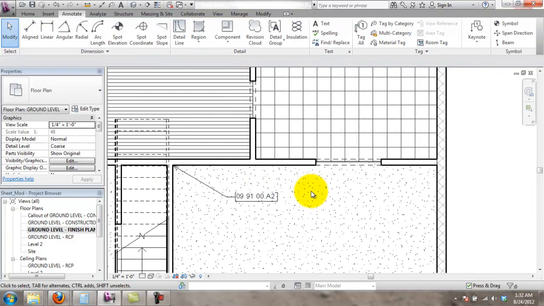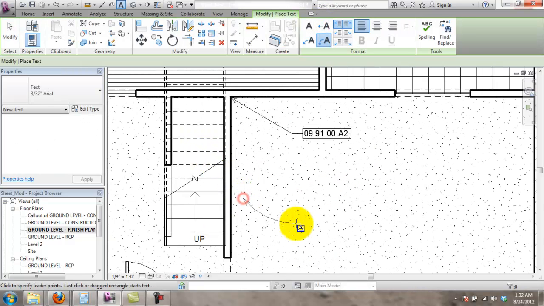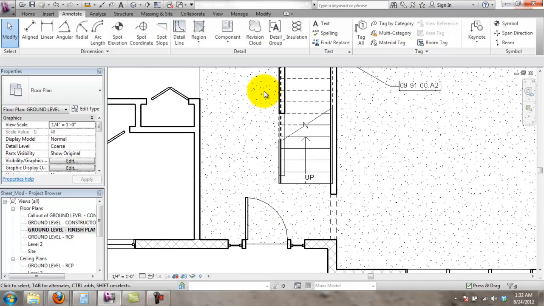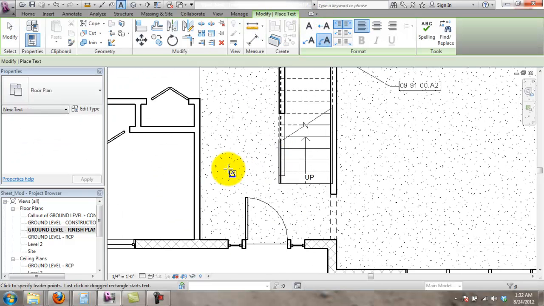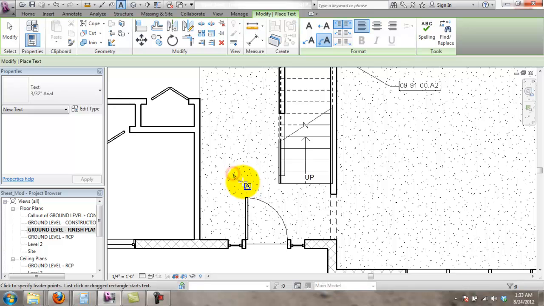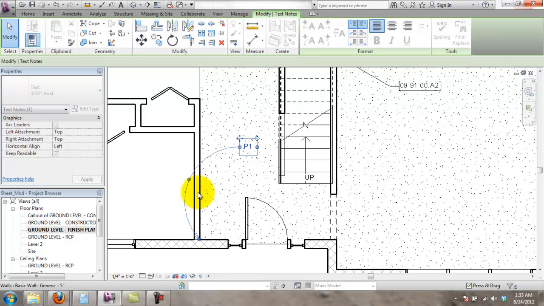The other option that you have, if you haven't been keeping up on keynotes, is to use it by leader. So maybe on this wall here, for example, I say this is maybe P1. Okay, and this corresponds to a legend that I have somewhere on another page. But the nice thing about doing it this way